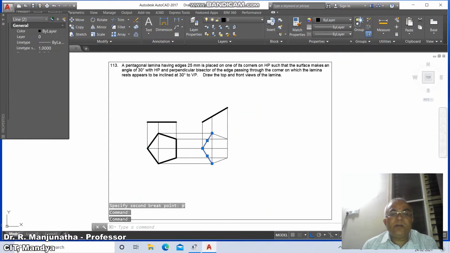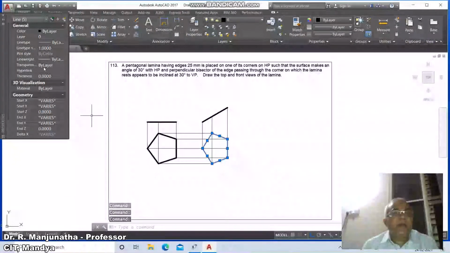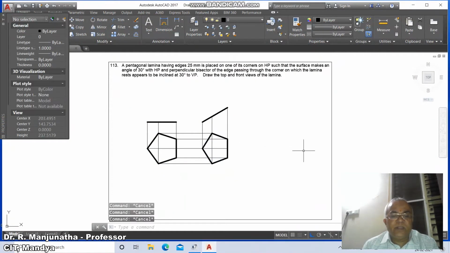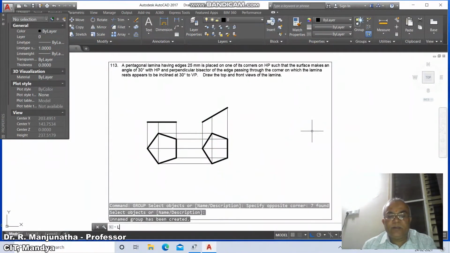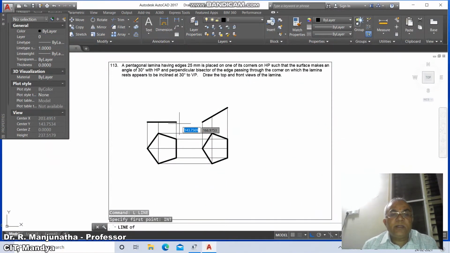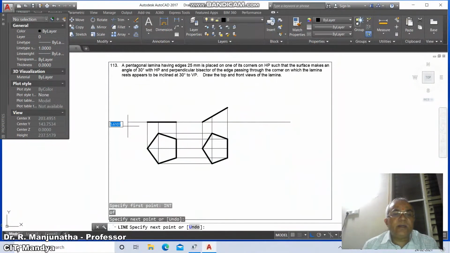Now you select all these 5 lines and go to layer and make this as views, then go to group, select this entire thing in the window and say accept, then go to line, intersection of this and draw a horizontal line, similarly take line, take intersection of this and take XY line, then go to copy, select this and